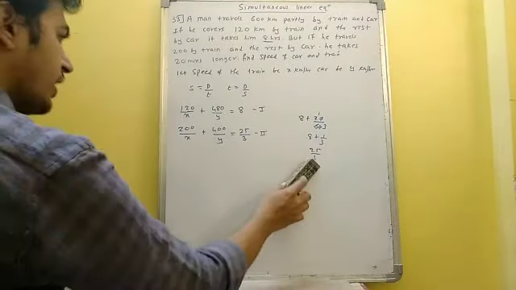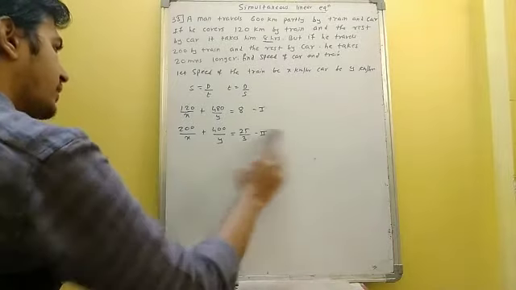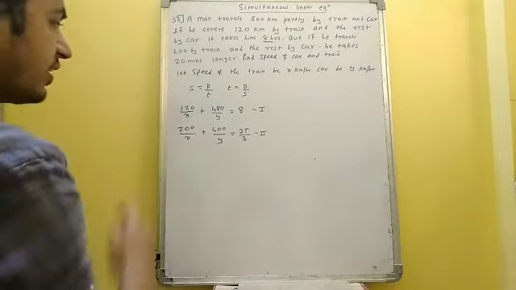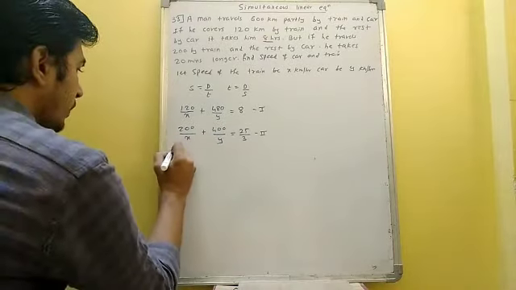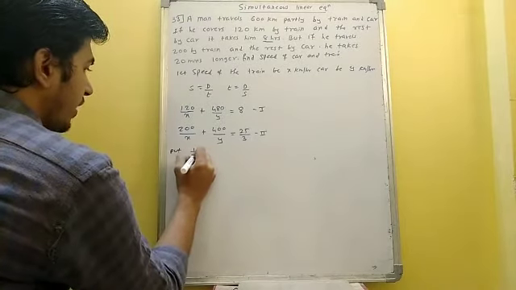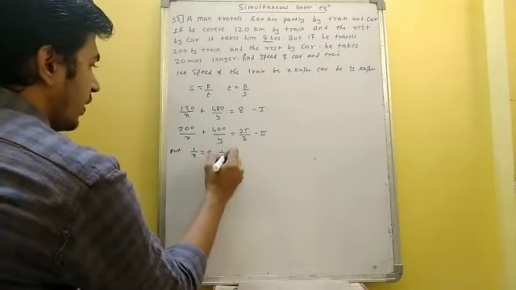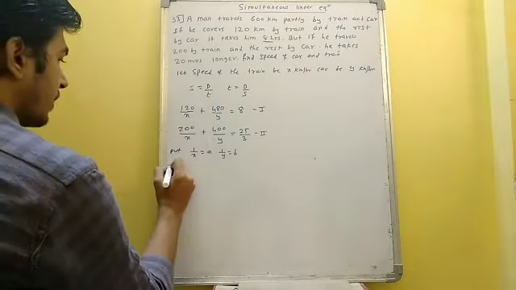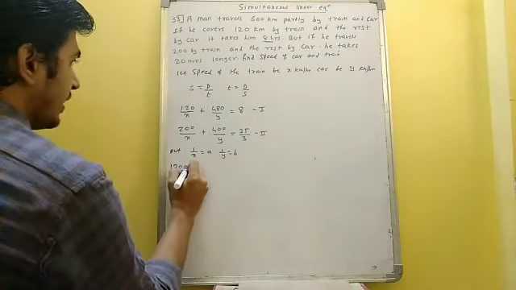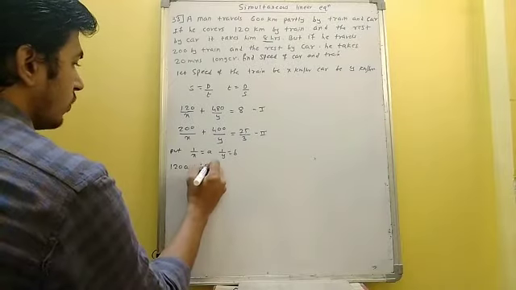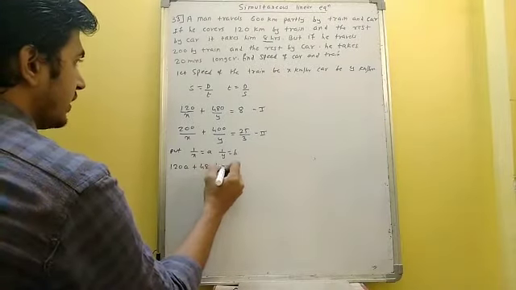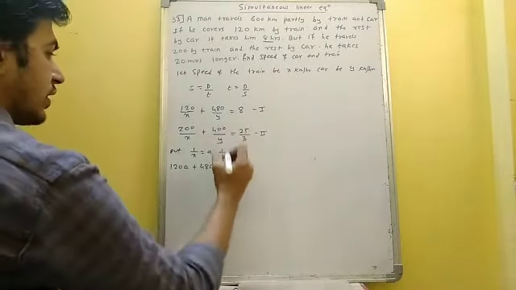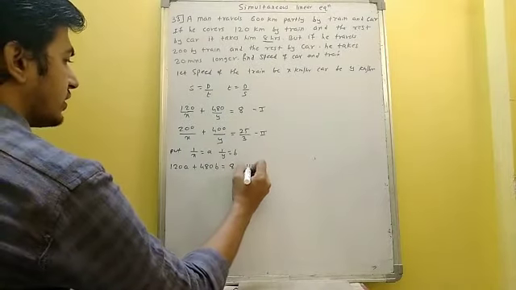If you observe it properly, do we have a variable in the denominator? Yes. And whenever there is a variable in the denominator, put 1 upon x is equal to a and 1 upon y is equal to b. So this will be 120a plus 480b is equal to 8. Third equation.